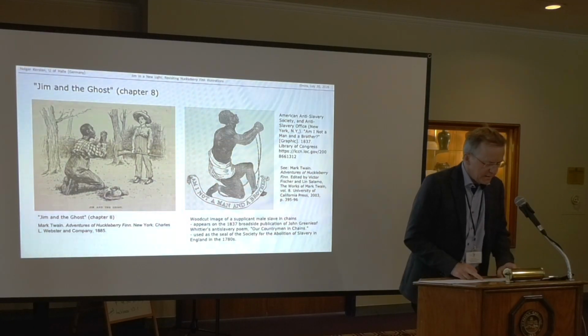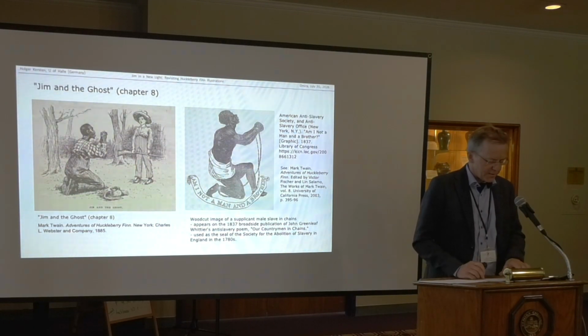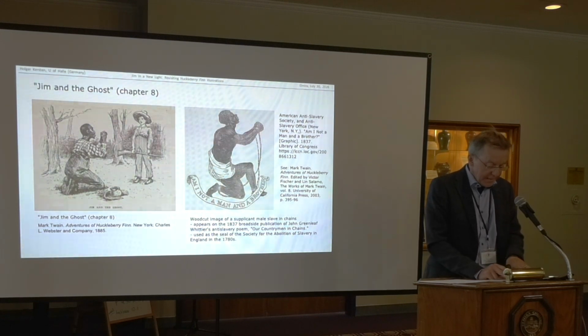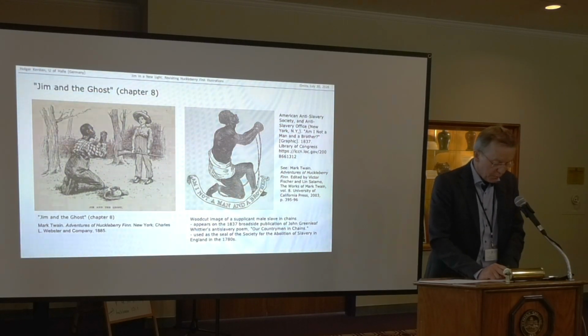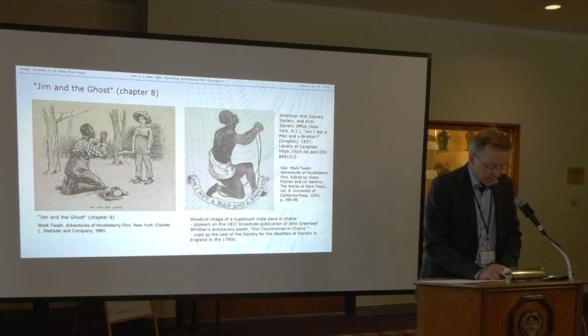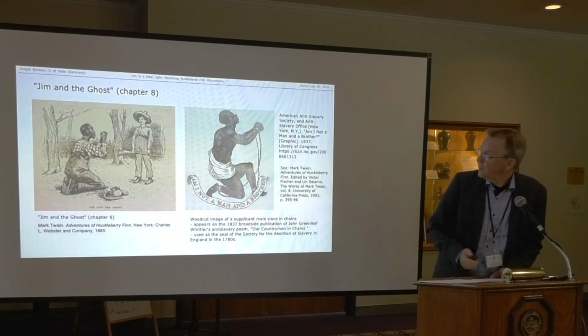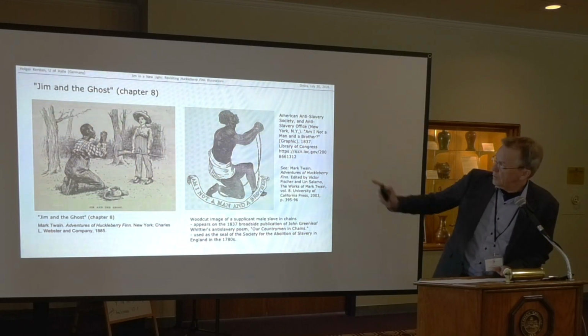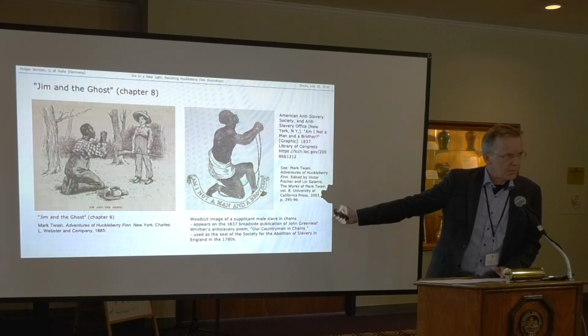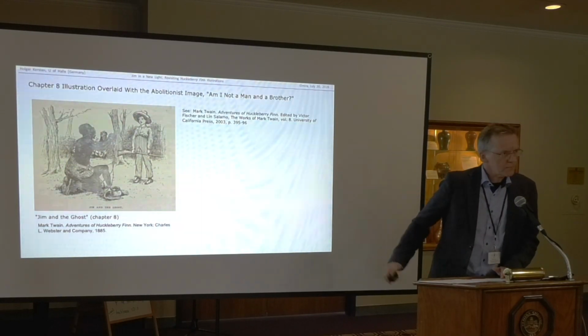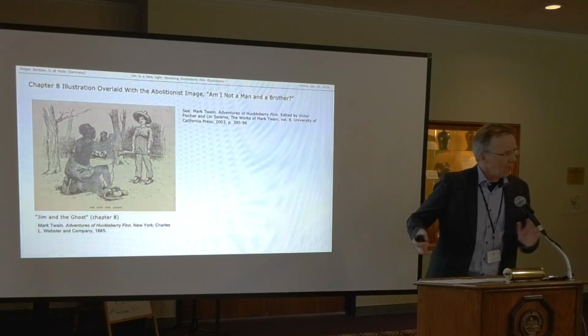First adopted in the 1780s as the seal of the Society for Effecting the Abolition of the Slave Trade in England, the image circulated widely throughout the northeastern United States from the 1820s onward, appearing on pamphlets, stationery, broadsides, and in anti-slavery newspapers. And if you superimpose this image onto the image by Kemble, it's striking how well it